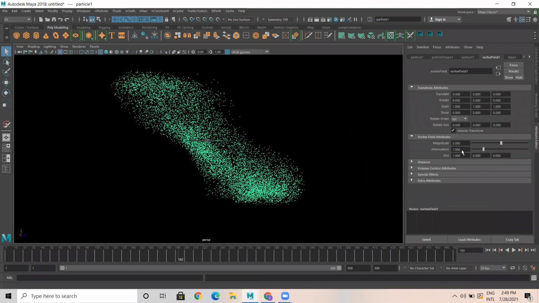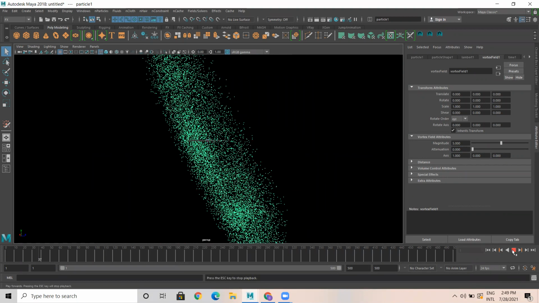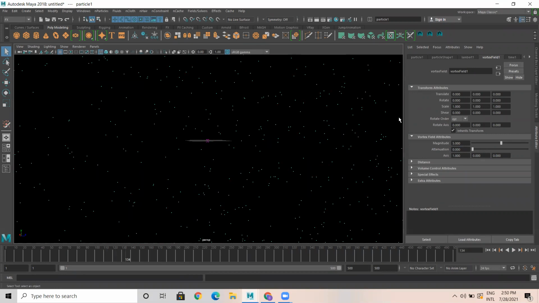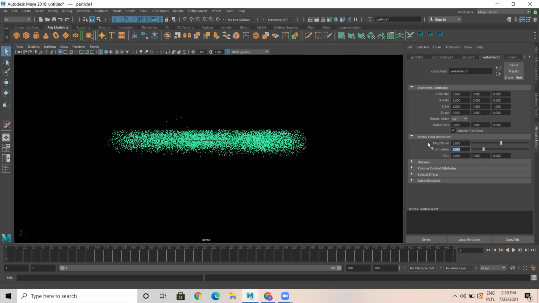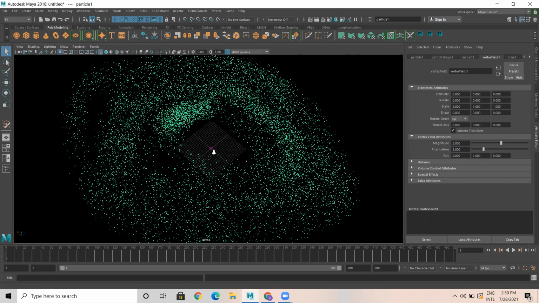If I don't have the control of attenuation, so quick. Okay, so let it be on the y-axis only. It looks good. I don't want the x-axis. Attenuation by default, let it be 1. So these are the common points. The field attributes are available in all the fields. Okay.